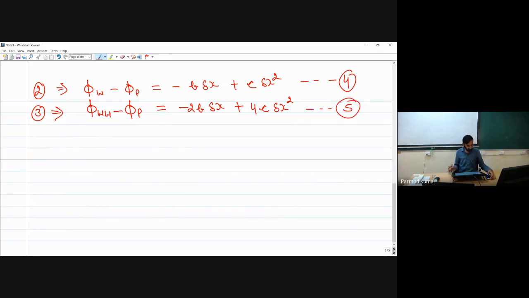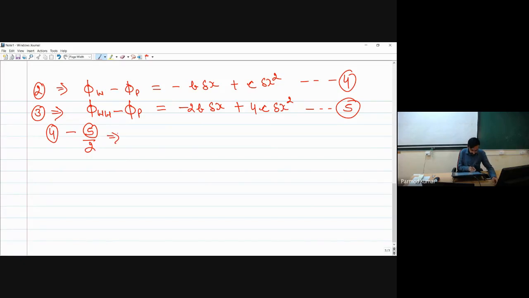Okay. Now if I have to find out the values of b and c, what can I do? Can you find out from here the values of b and c? So all of you also please calculate the values of b and c, and I will also try to do it over here. Okay. So I will now apply some operation, say 4 minus 5 divided by 2.